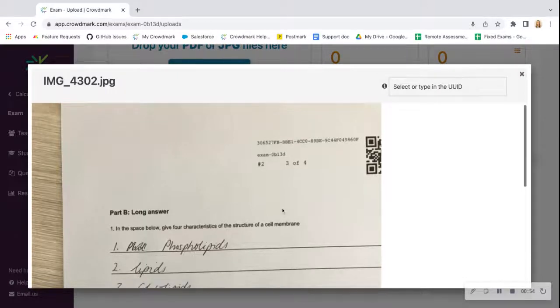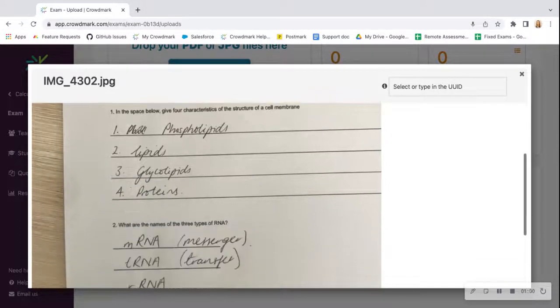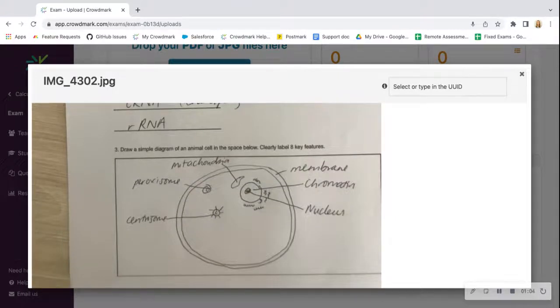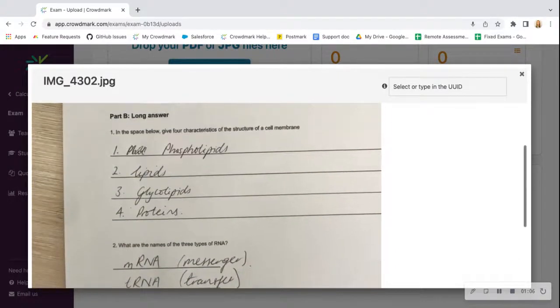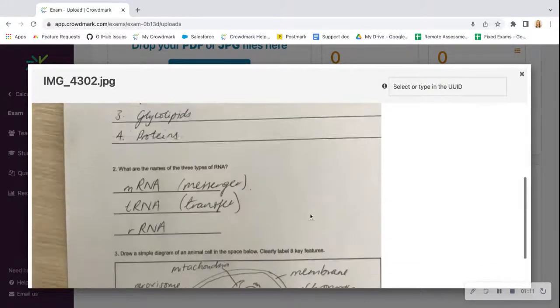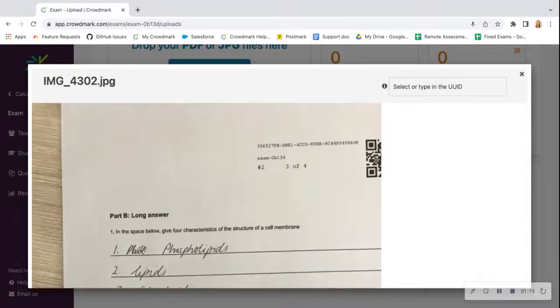If we have a look at this image here, what we can see is the QR code has been cut off, which is why it's undetectable. And it does look like it's been scanned funny. So you have the option to rescan this page with better settings, or if you did want to just grade this page, because when I look at it, maybe I can see that actually I can see all the students' answer here. To fix it, you're going to come across and you're going to type in the UUID number in